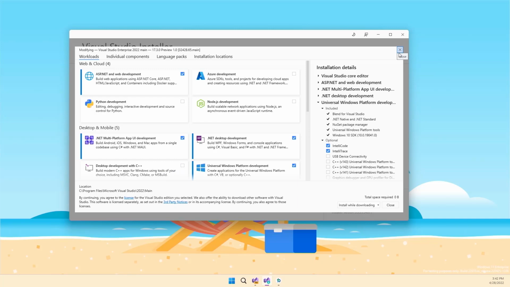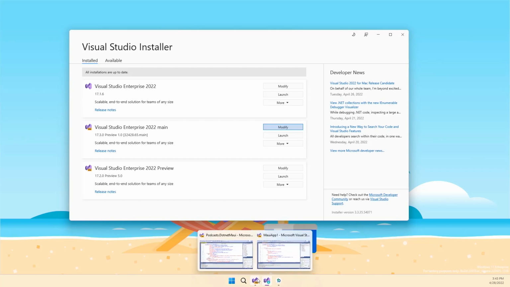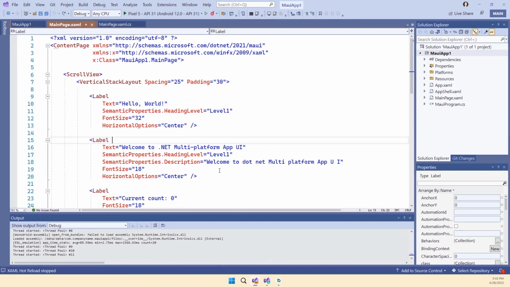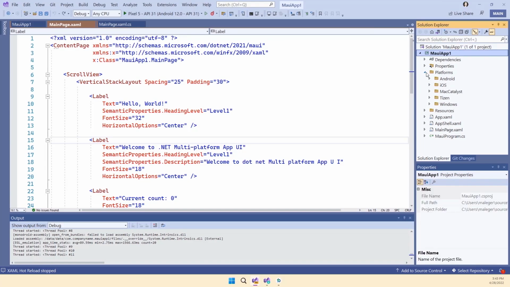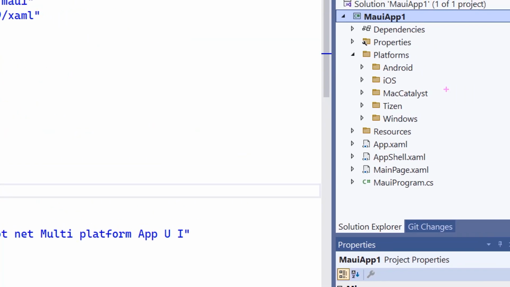using .NET MAUI. So I've already gone ahead and created a new project. We could file new if we wanted to, but I'm not going to. I have this beautiful project, MAUI App 1, already up and running. And this is our template MAUI app. And it's pretty simple. So if we look at our Solution Explorer here, you can see that there are just folders for all of the platforms we target. So Android, iOS, Mac Catalyst, Windows, and in this one we also have the Tizen folder if you want to